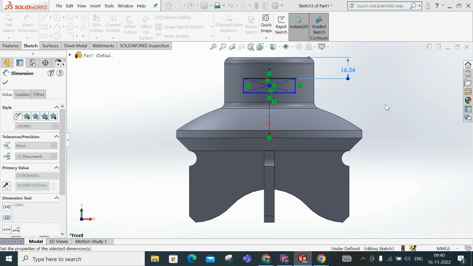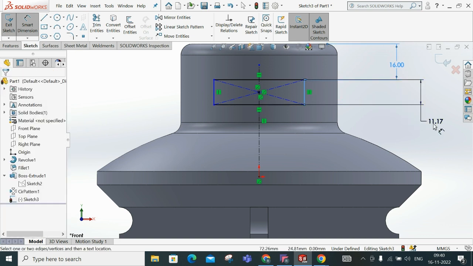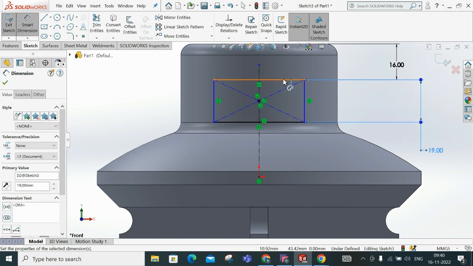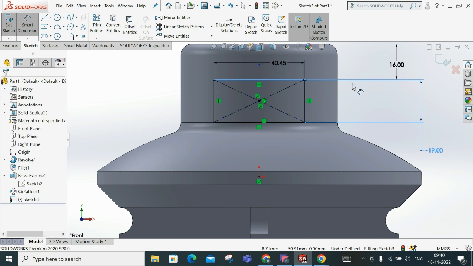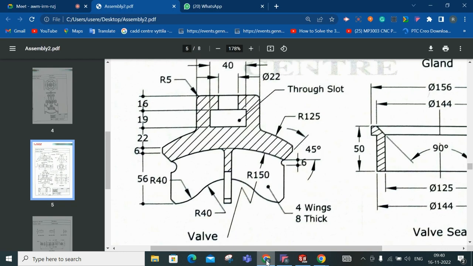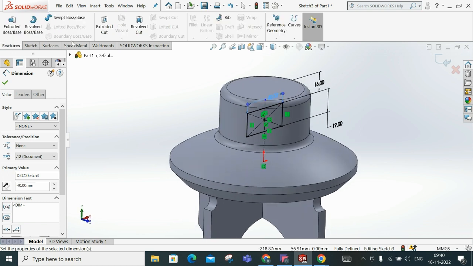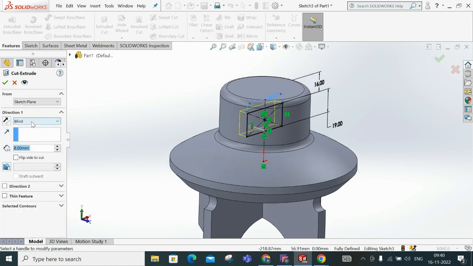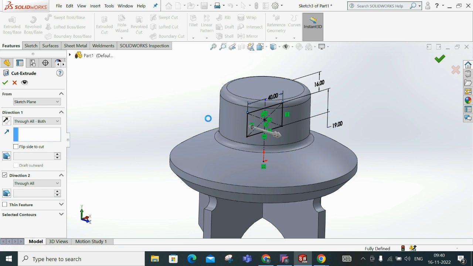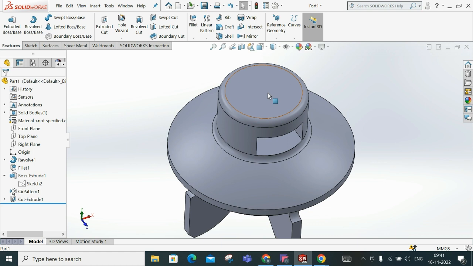16, 19. The length is 40, right? 70, 40. Yes. Then simply cut, extrude cut through all both. In both directions it is cutting through all, or up to next in direction one and two. Anyway, according to the drawing, there is one hole at the top of radius